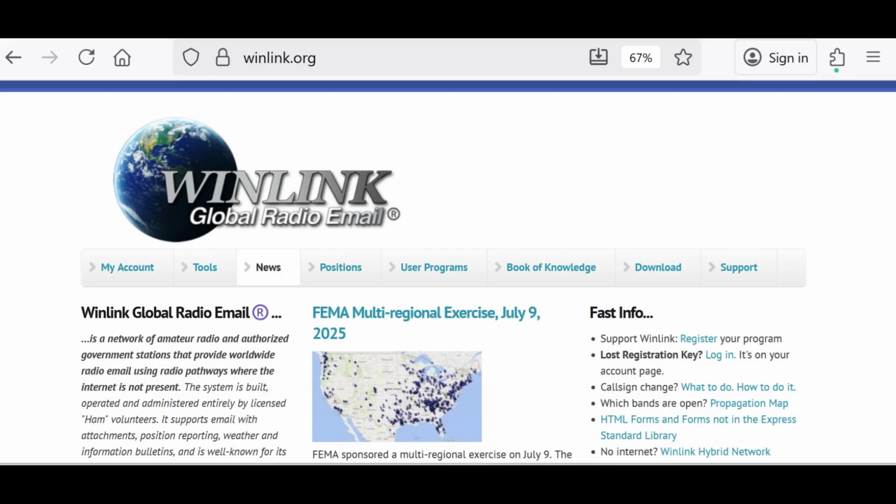Winlink is a service available primarily to amateur radio operators. But it does allow for limited third-party traffic. My understanding of third-party traffic would be messages from non-amateur radio operators, but handled under the supervision of licensed amateur radio operators. Rather than trying to explain the intricate details of the rules etc., I encourage you to read what's